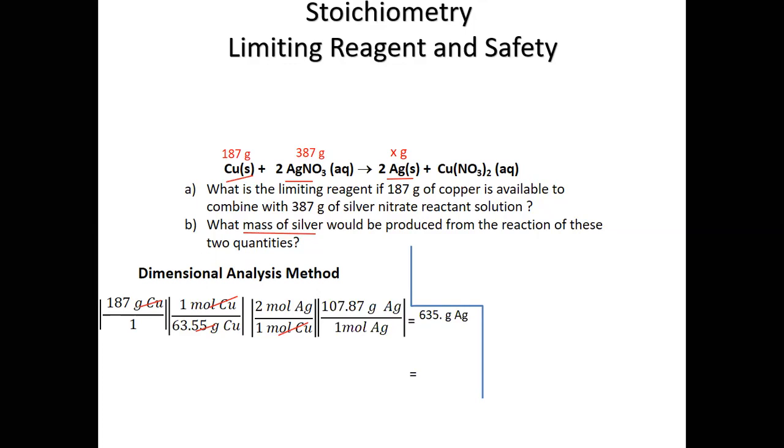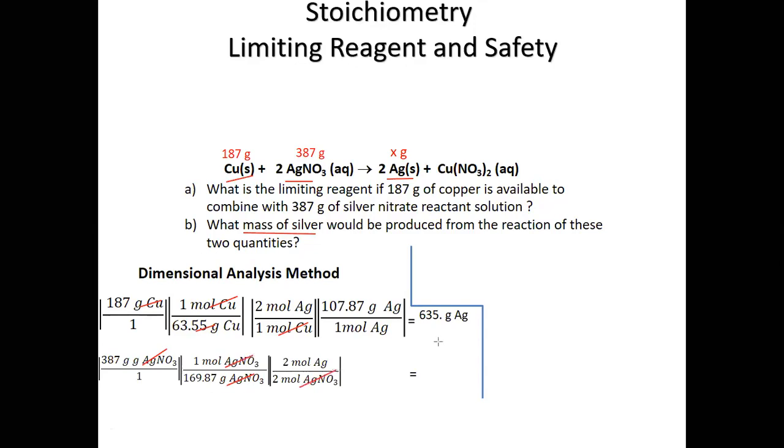Now we need to do similar stoichiometry starting with the other reactant, silver nitrate. So the first thing we do, molar mass, we turn this mass quantity into a mole amount, the amount of silver nitrate. Next, we apply the mole ratio. 2 moles of silver for every 2 moles of silver nitrate. What that will do is make it now a mole amount of silver. So the number of moles of silver,